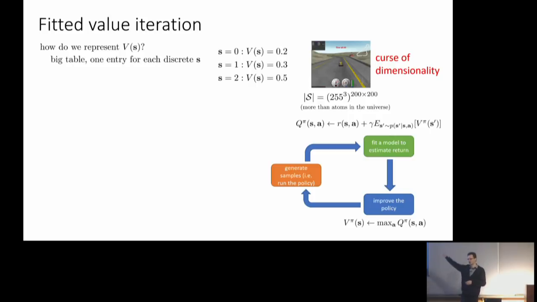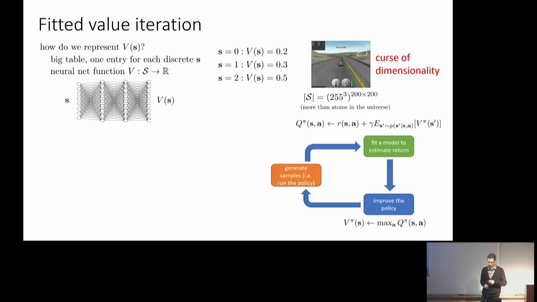So the table thing is bad news, of course. What we want to do is use function approximation. We don't want to have a single entry for every single possible state. We want to somehow train a model that will give us values at different states without having to represent all of them explicitly. So what if we have a neural net function that maps from states to their values, just like we did last week? Again, it's going to take in S, and it's just going to try to spit out V of S. And it's going to have some parameters phi, just like before.